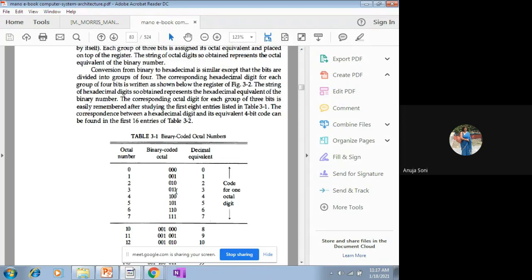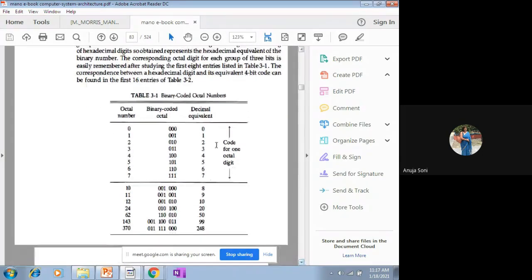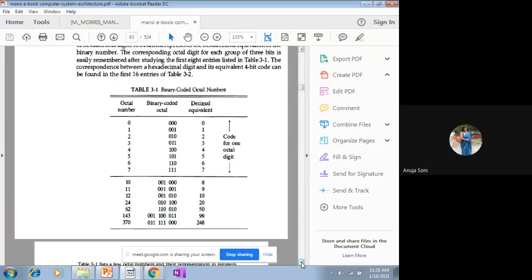Binary coded octal table. There will be a total of 8 combinations because there are total 8 symbols supported by the octal numbering system. And it's a 3-bit series. Why is it a 3-bit series? Because with the help of 3 bits, how many combinations may be represented? 2 raised to power n, where n is the number of bits. So 2 raised to power 3 means 8 combinations may be there, in case of your binary coded octal number series, because there are a total of 8 symbols in the octal numbering system.